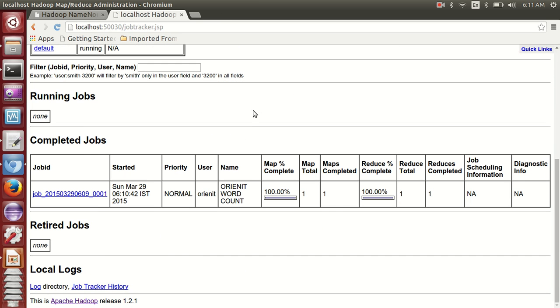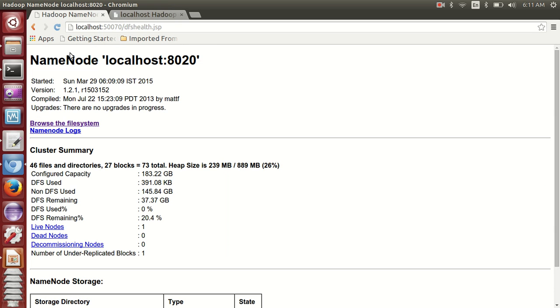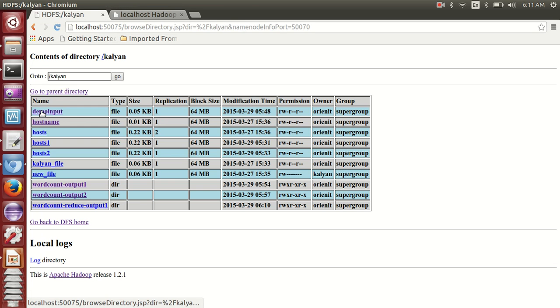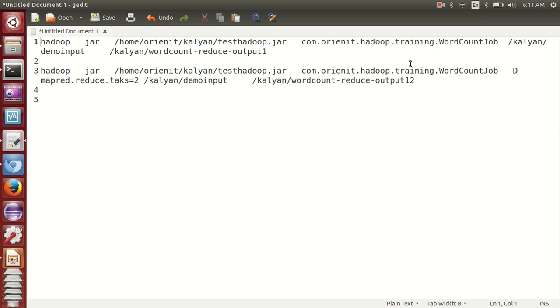For the job which is running right now, you can see the number of mappers and reducers, only 1 and 1. Verify by browsing the file system, Kalyan. The input is given as demo input, and the output is MapReduce output 1.